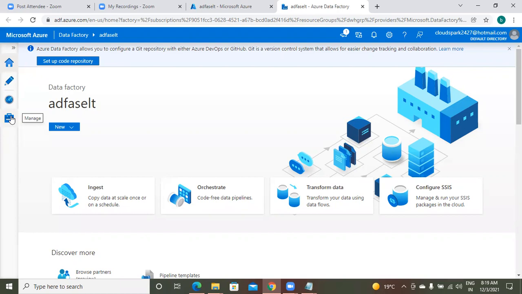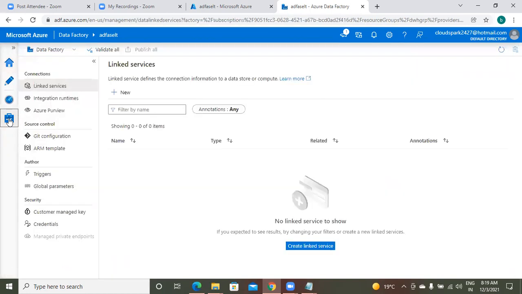Your main goal is to create a pipeline. In the pipeline, activities will be there. Activities interact with the data objects. To interact with the data objects, you need to create datasets. But the dataset prerequisite is a linked service. I want to create a linked service, which means I have to go to manage, before starting work with the datasets. Here, linked services, you can create linked services. Okay, in our next class, we will see how to create a linked service for your created objects.